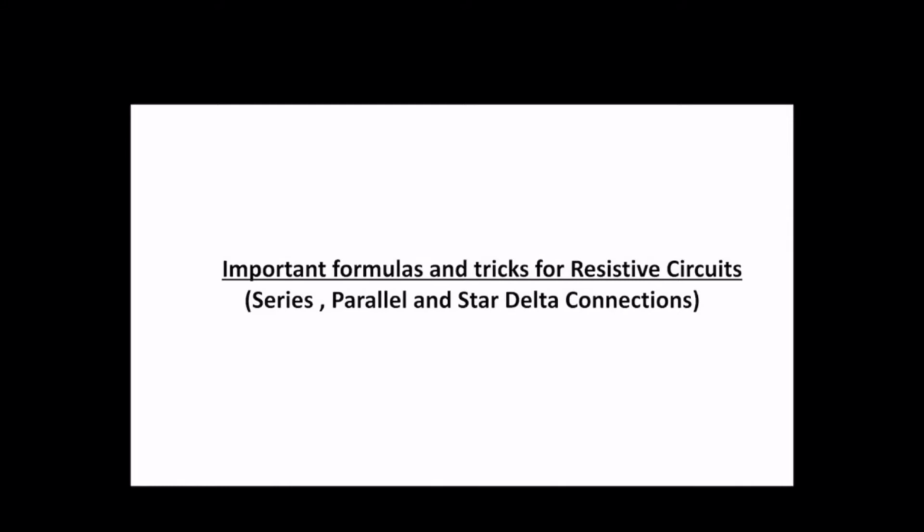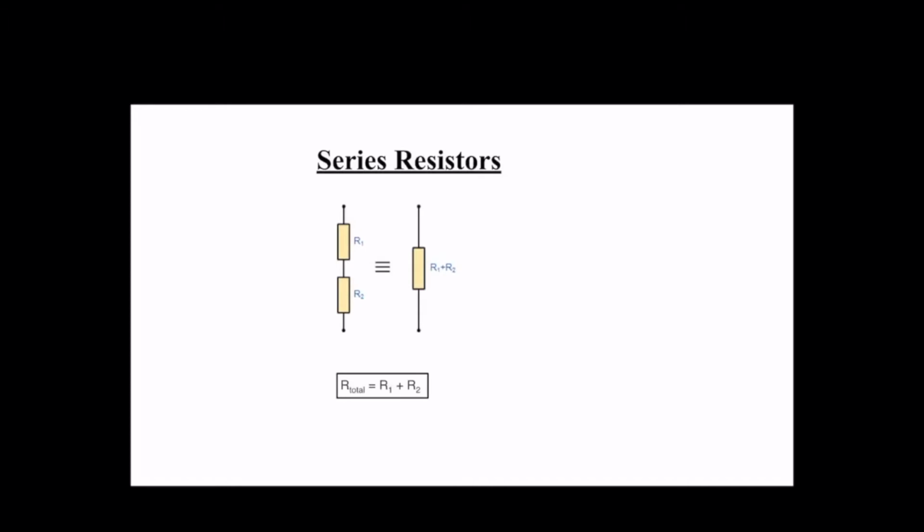So today we are going to discuss a few very basic fundamentals and conceptual things about resistive circuits. It is very easy to say that these particular elements are connected in series or parallel or star delta connection, but when complicated circuits come into the picture, it is sometimes very difficult to identify whether particular elements are connected in series or parallel. So to understand that, we need a few concepts which we will discuss in this video.